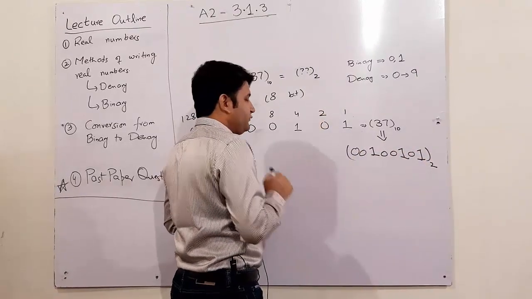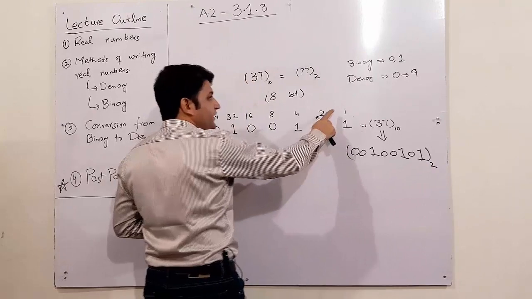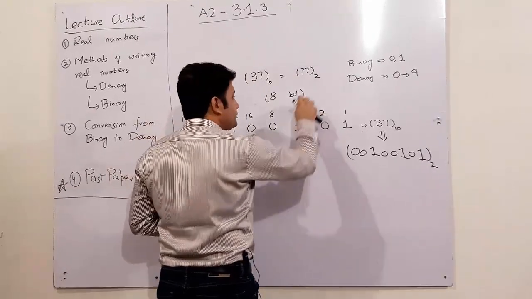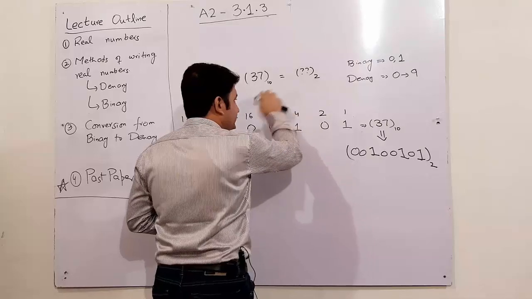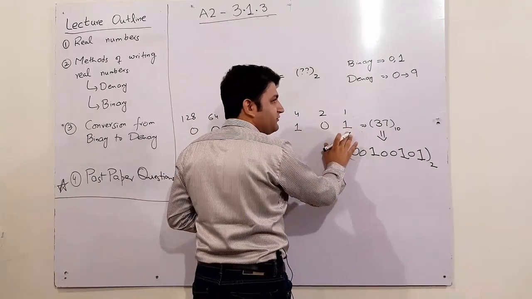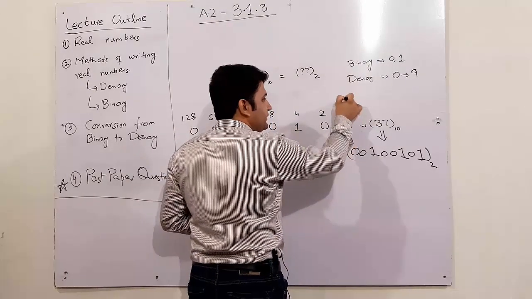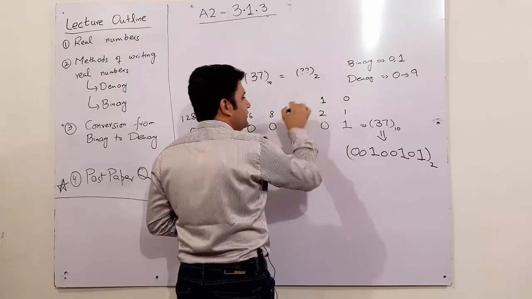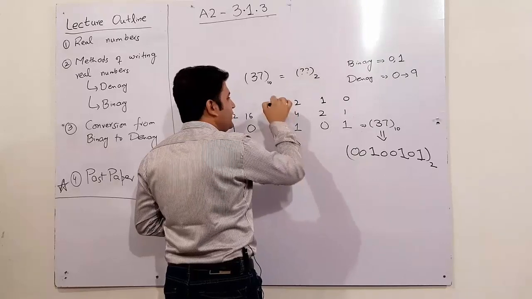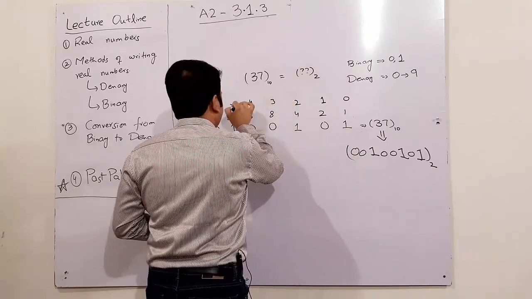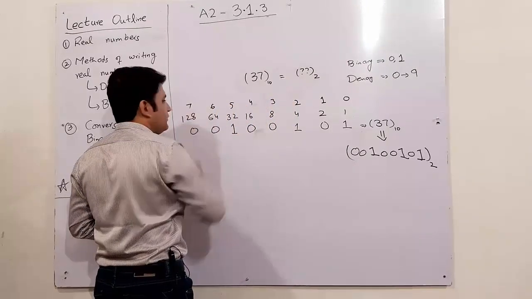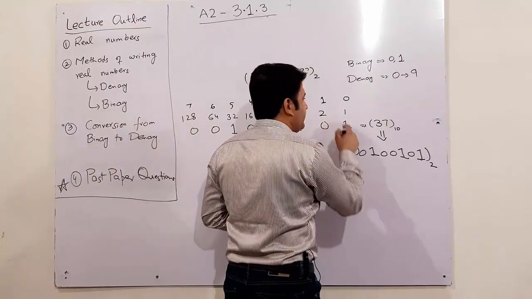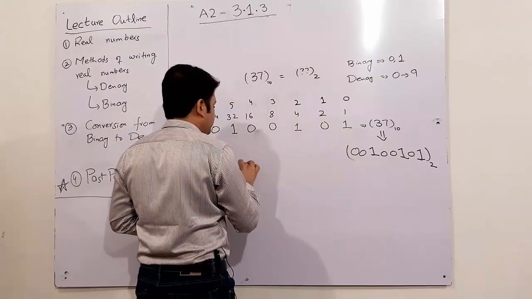As you all might have noticed, the positional significances that I wrote on top actually came from the positions of the individual binary digits. The position of this rightmost one is actually 0. The position of the next bit is 1. The position of the next bit is 2, and so on and so forth. And the positional significances were generated based on the idea